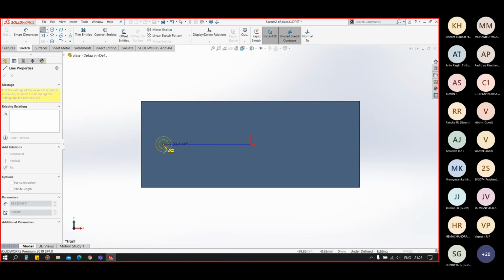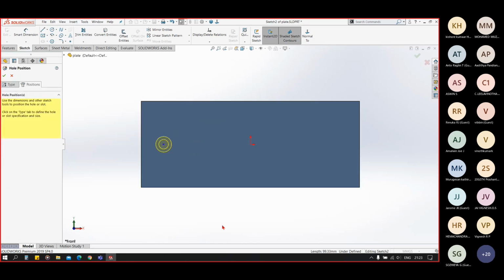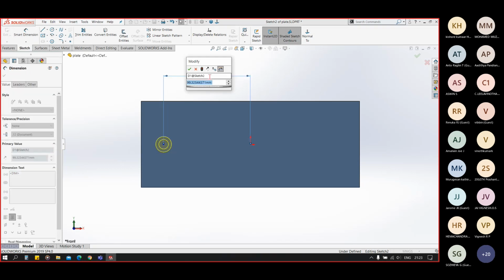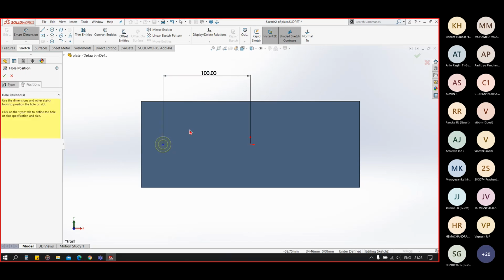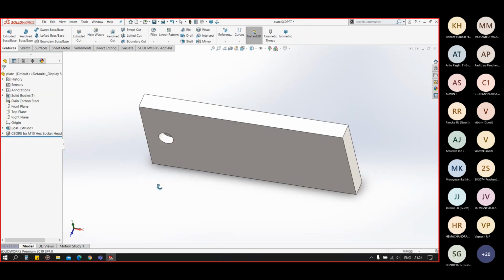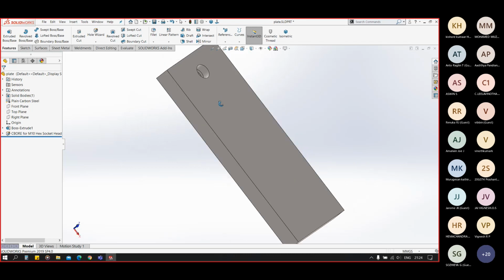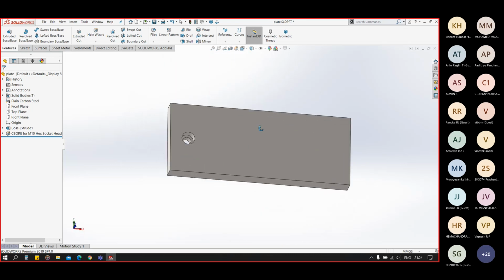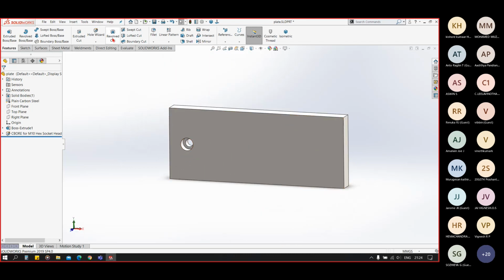And let me add a distance to it. So I have my counter bore hole here. Now I will create a different type of hole for each condition here.